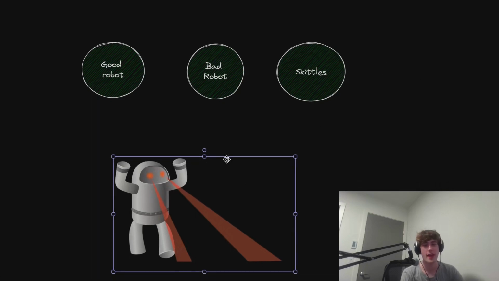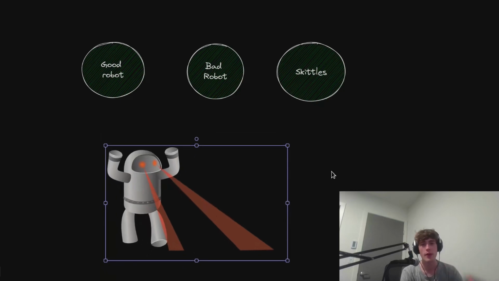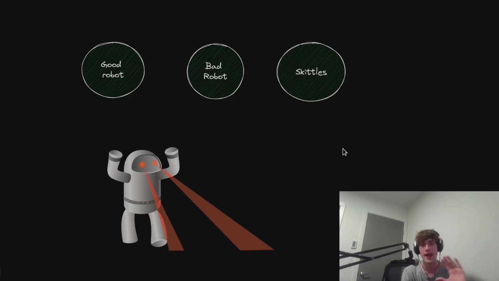Okay, so let's say we have this evil robot. Pretty clearly evil, for our human understanding. We can see it's got laser eyes, etc., up to no good. Let's say we feed it into our neural net. The output we're going to get, if we're using most ML systems, isn't initially going to be any kind of easy to understand value. We're not going to get a probability distribution, where it's a 45% chance it's good, a 35% chance it's bad, and a 20% chance it's Skittles. That's not initially what we're going to get.